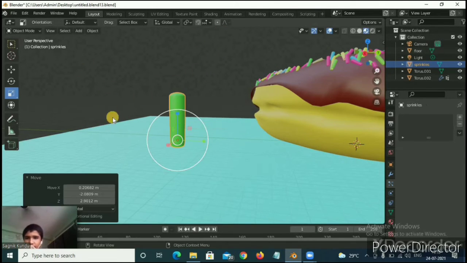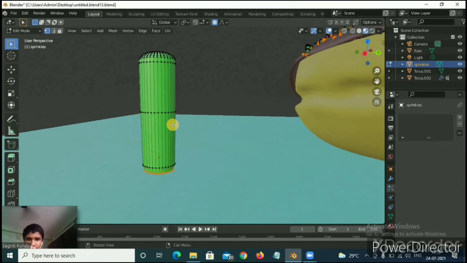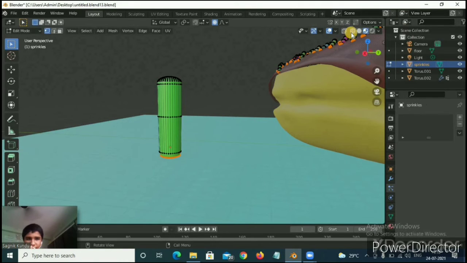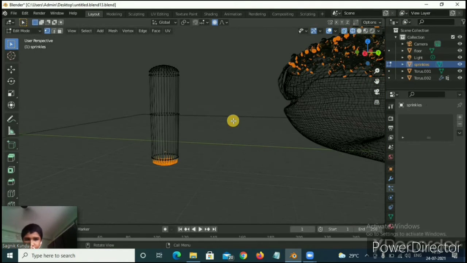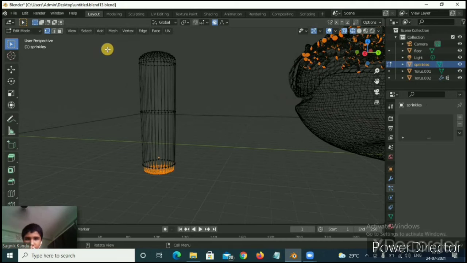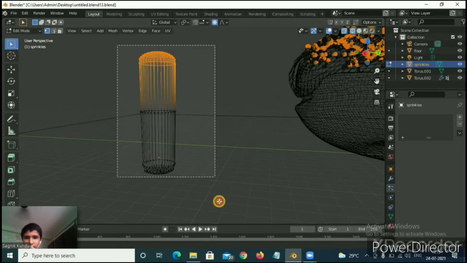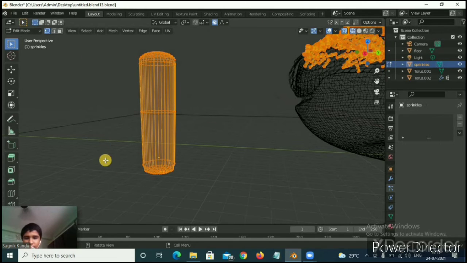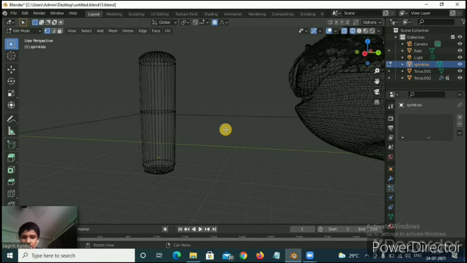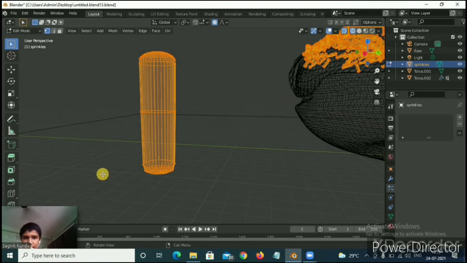So what I will do, I will simply select it and then go to the edit mode, then go to wireframe mode, then select the object. Okay, select all.